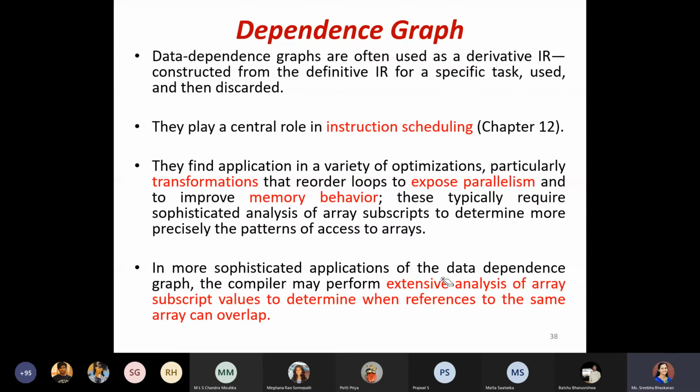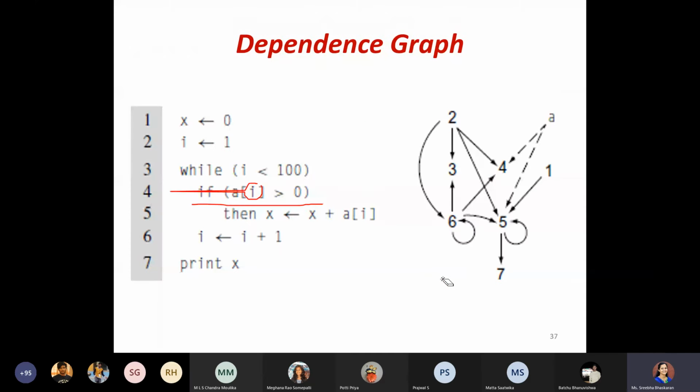So dependence graph. What would be the advantage of using this type of graph? You can imagine what we can optimize. Usually we say that by using these graphs we try to optimize the instructions, that is the instruction scheduling part.